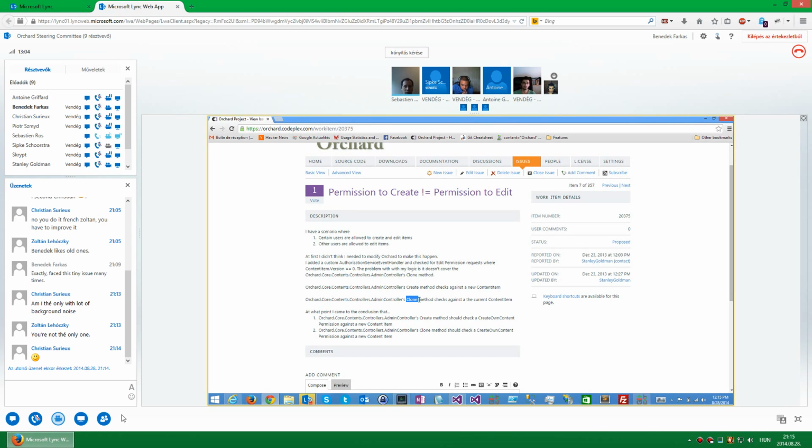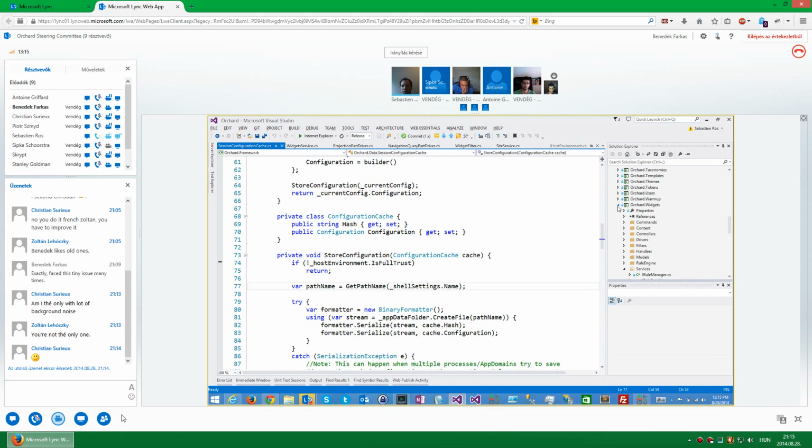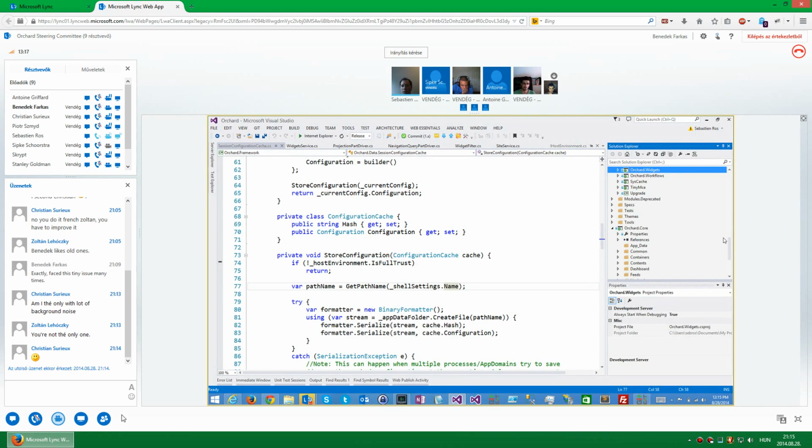Should check for create. I agree. So what does it check today? Clone. Where is clone? Content manager. The content manager.